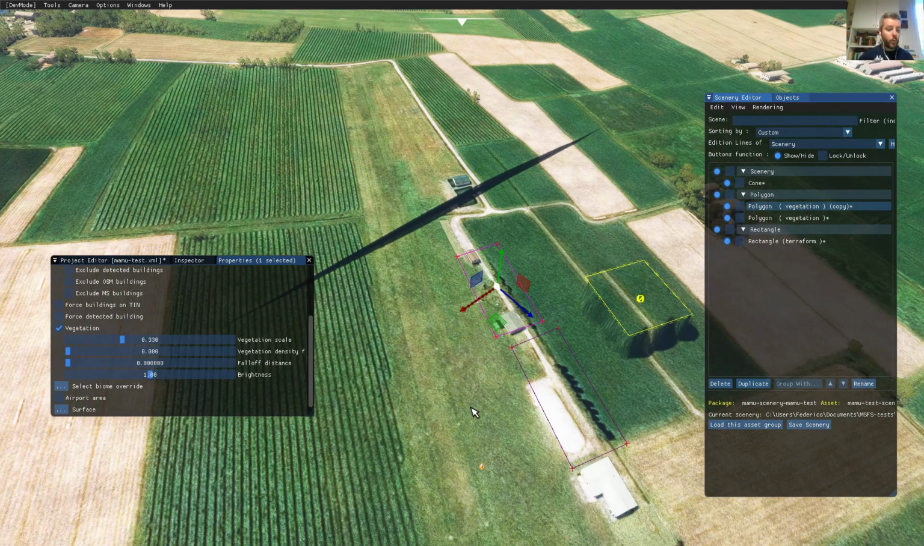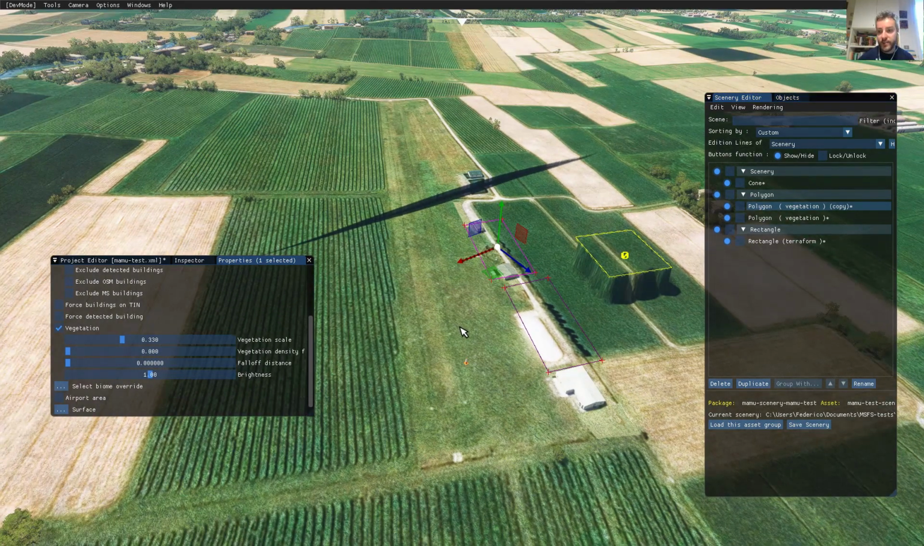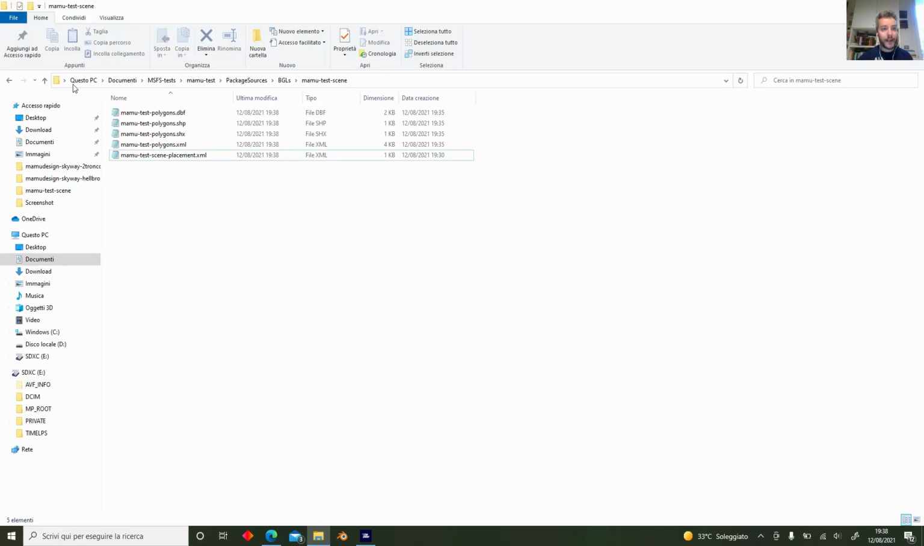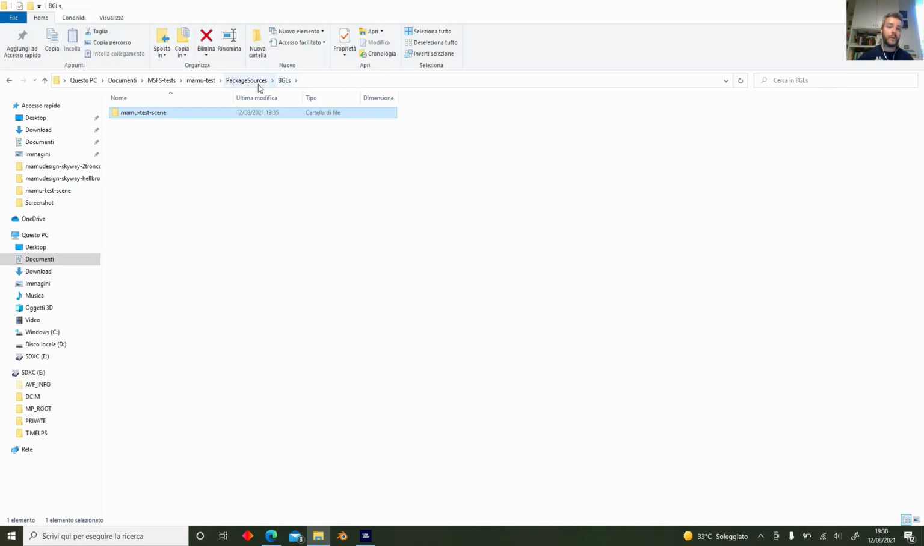Okay, so we are satisfied with this wonderful scenery we have created. So we can go back to the project editor and save our project. And click on project, save project. It's not asking us to save in a particular place, but if you go back to our project folder,